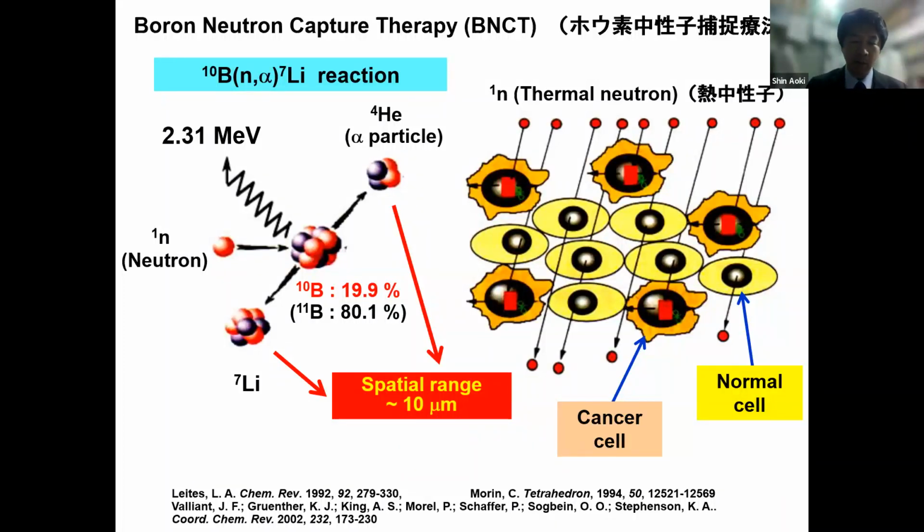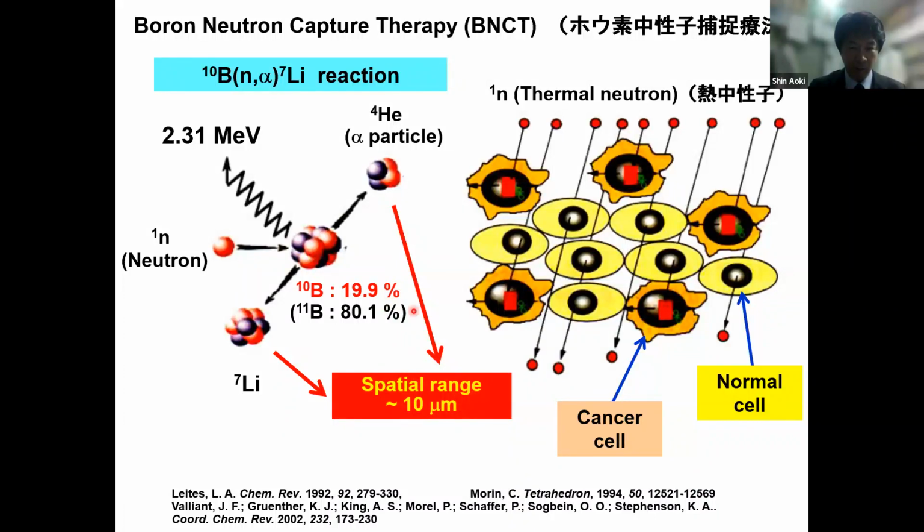on the Earth, and the ratio of natural abundance of B10 and B11 is about 20 to 80%. And if B10 is irradiated with thermal neutrons, B10 decomposes into two particles, a helium particle and lithium-7. And because the spatial ranges of these two particles are about 10 micrometers, it is adequate to decompose the cancer